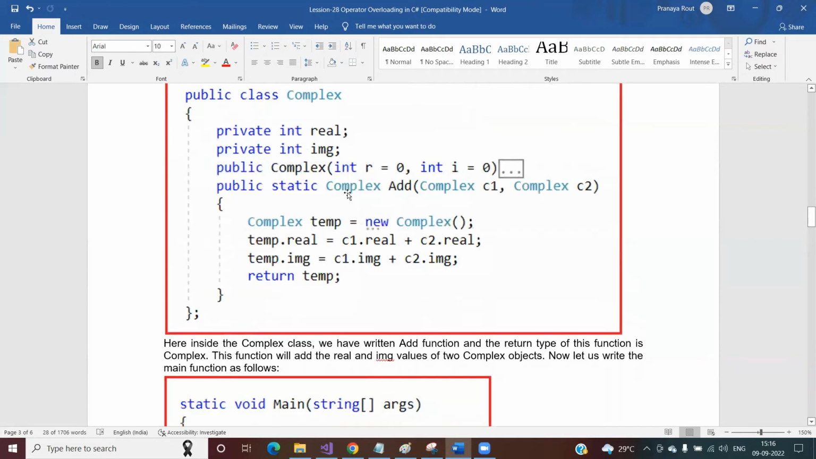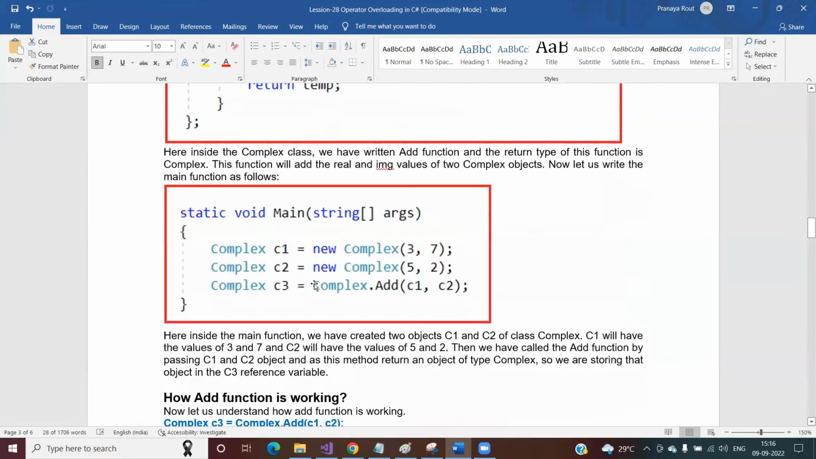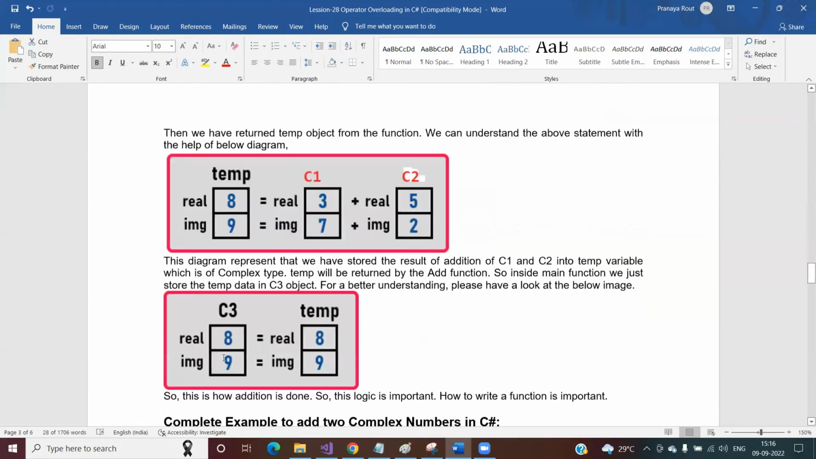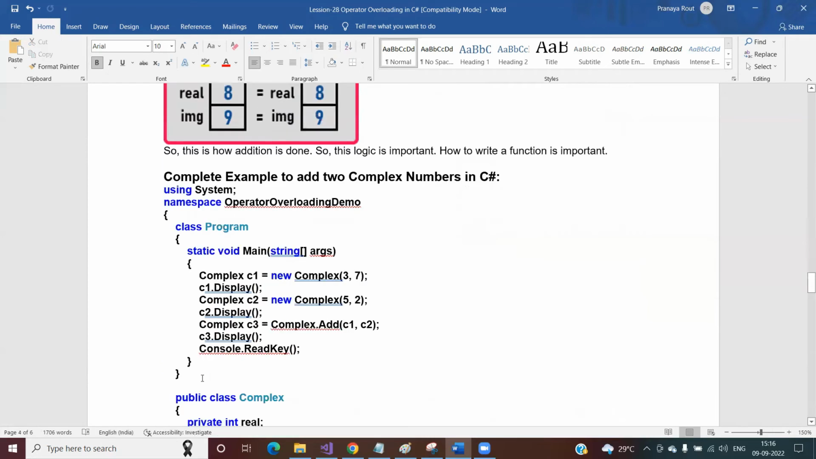Then what type of data is this method going to return? It is going to return Complex type. So whatever value is returned, I'm storing inside this c3 variable, which is also the same type. Right, now to understand this,